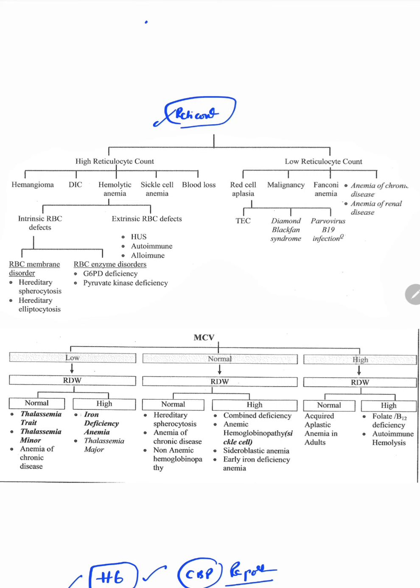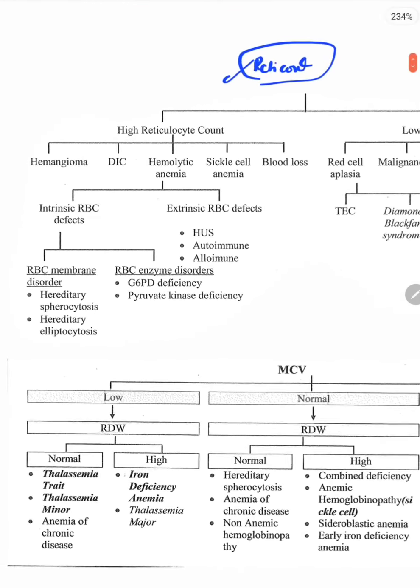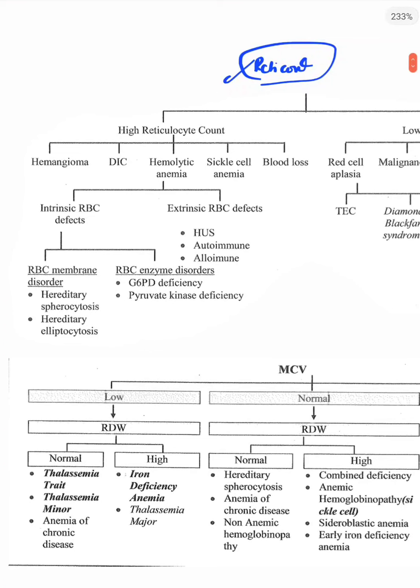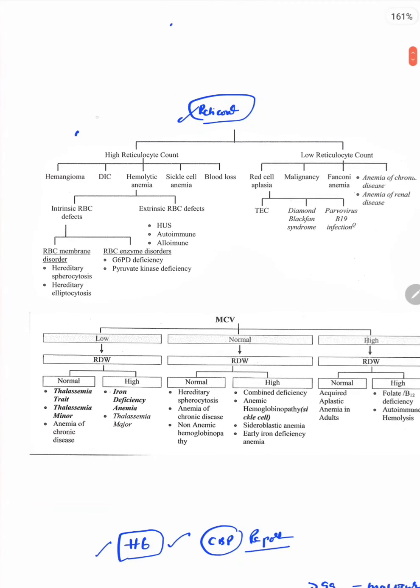You have to look for reti count. If the reti count is high, it indicates that there is some loss, and to compensate for that loss, the marrow is producing RBCs in excess. So it leads to a high reticulocyte count. If there is any loss peripherally,